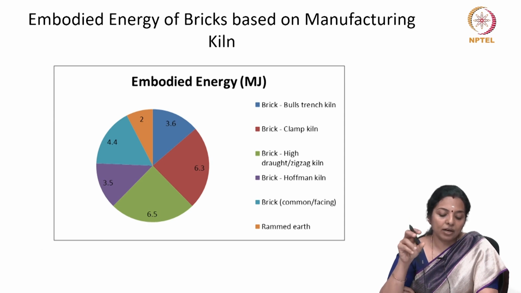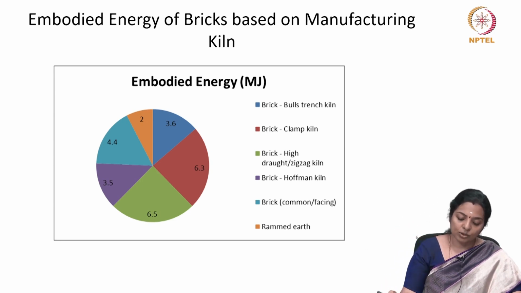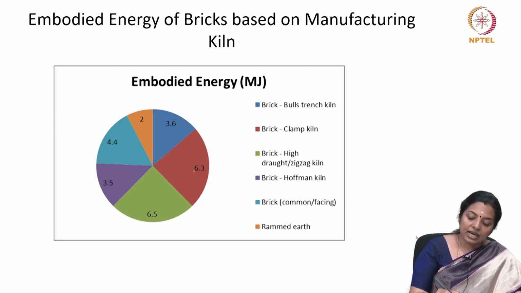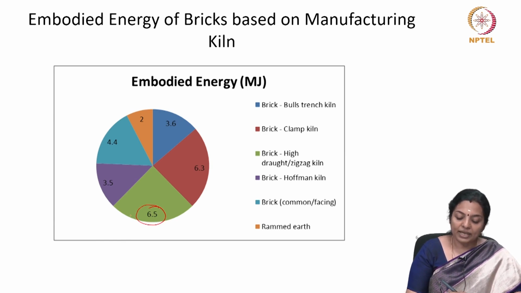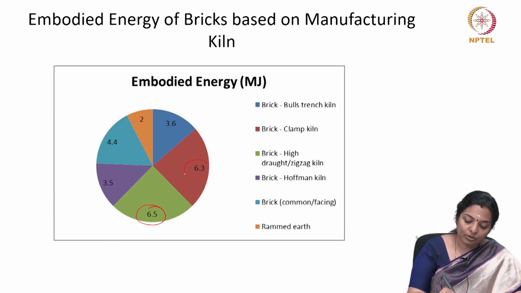Depending on the kiln or the fuel, the embodied energy per unit weight increases or decreases. So here you can see that when brick is manufactured using a hydraulic or zigzag kiln, the embodied energy is highest in that quality of brick. And next to that is